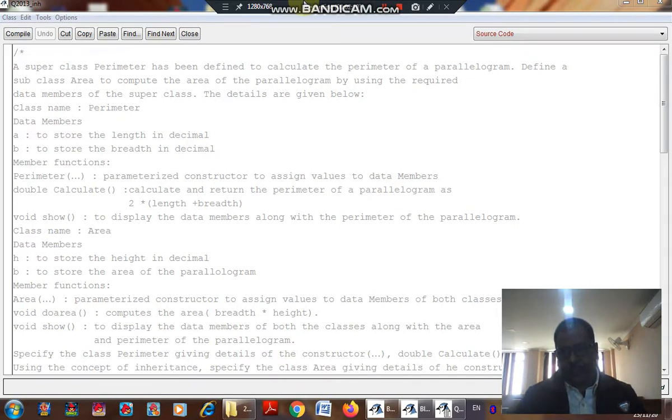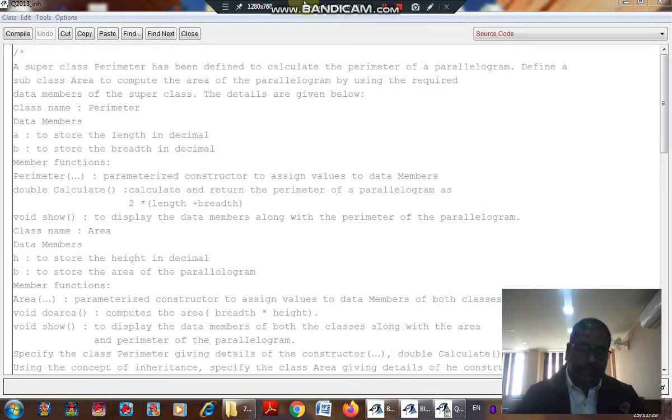Number two, next, when there is a constructor and the constructor is non-parameterized in the base class, it will be called automatically. But when the constructor is the parameterized one, the base class constructor will never be called. Again, to call that constructor, we have to make use of the super keyword. And this time we will write the super keyword followed by the list of parameters that we want to pass to the base class constructor.